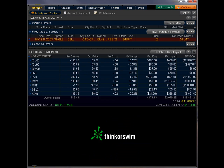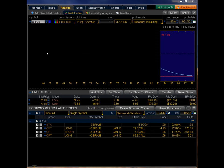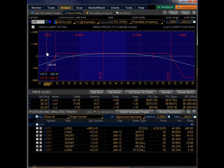Okay, so that was the butterfly. We've looked at the naked put. We're going to go take a look at an iron condor. Now this is an iron condor in Las Vegas Sands. An iron condor is basically two credit spreads far out of the money. You have a put credit spread, you also have a call credit spread, and this sets up this little square